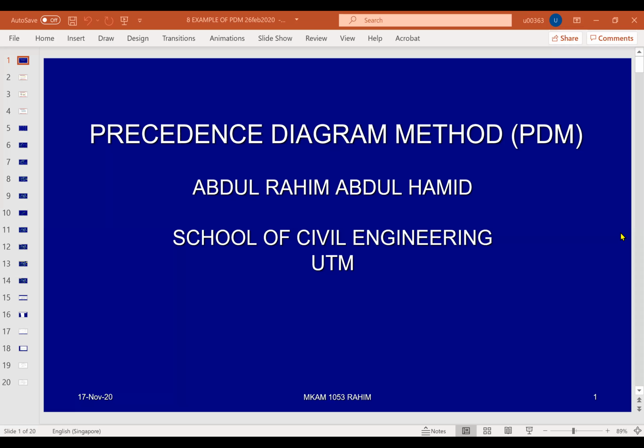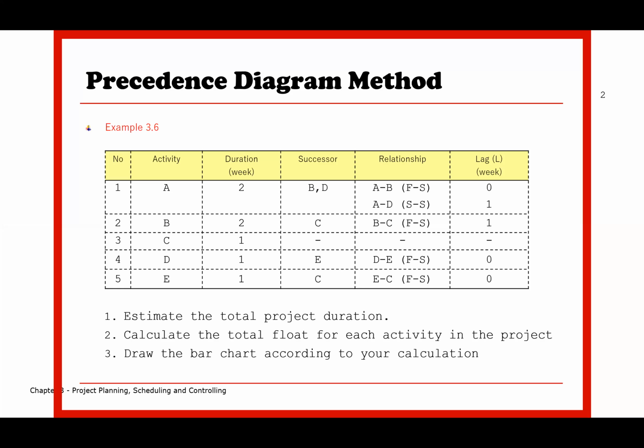Okay, so we shall continue our lecture with PDM diagram. Let me make it bigger. PDM diagram. Okay. Normally, in PDM diagram, information that will be given to you for the academic purposes, or even